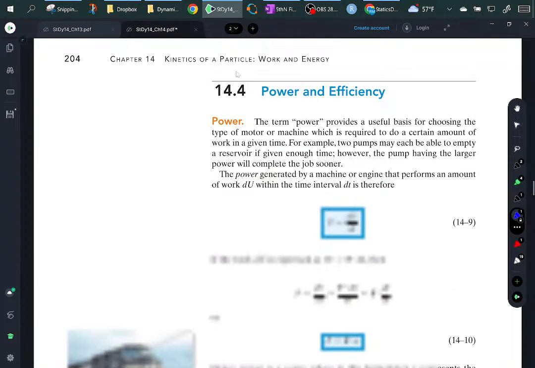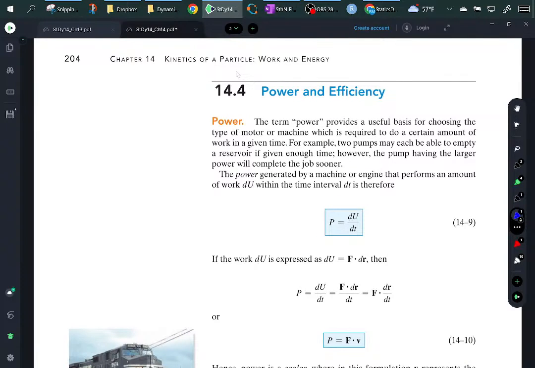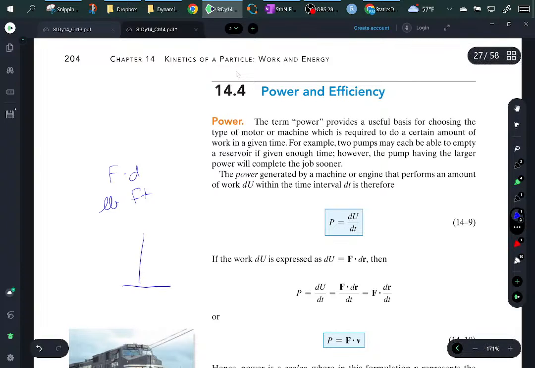Okay, there's power. If you have a force and it moves through a distance, it's going to be a foot-pound. So if you have a foot-pound, that's fine. That's a version of work. For example, I used to walk 9 floors every morning, but if